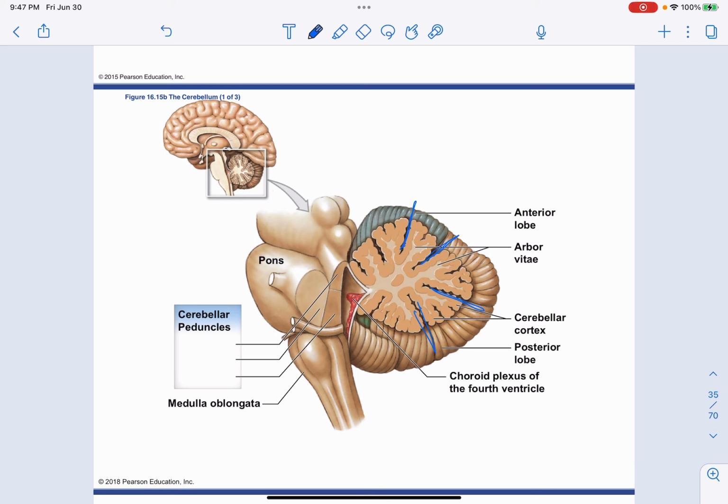Let me show you that the cerebellum is more than that structure. It actually comes all the way around right here. And there are cerebellar peduncles, which are white matter tracts that we've seen in various structures in the brain that run up and down, that they have axons that are running up and down. I'd also like to point out that right here,